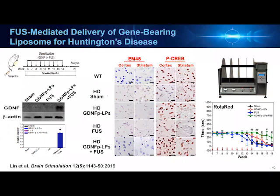I'm now going to shift gears to Huntington's disease for a moment. So in preclinical models of Huntington's disease, it's also been shown that focused ultrasound blood-brain barrier opening for GDNF delivery bears utility. And this particular study utilized liposomes to carry GDNF plasmid DNA, as you can see from the resulting Western blot for GDNF. FUS-mediated GDNF delivery promoted superlative levels of neuronal GDNF expression in the diseased animals after 9